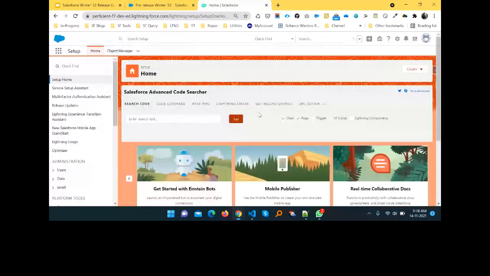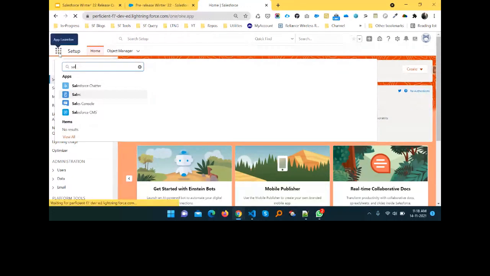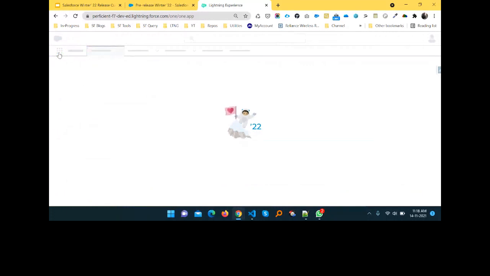Now you can see this is the org, and let me open my application under the app launcher. Just click this one, and you have to search for Sales. This is the predefined application, called a standard application in Salesforce. And here are all the tabs regarding the Sales application, and I have one report regarding the account object.